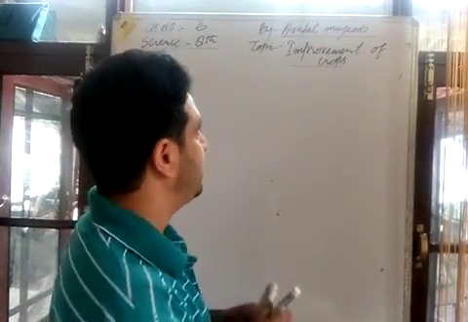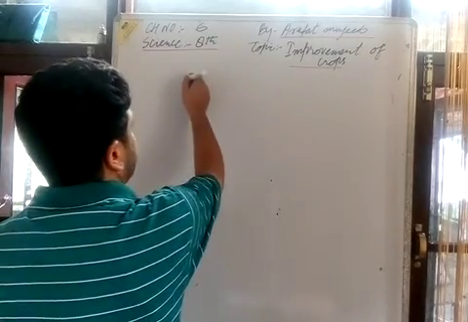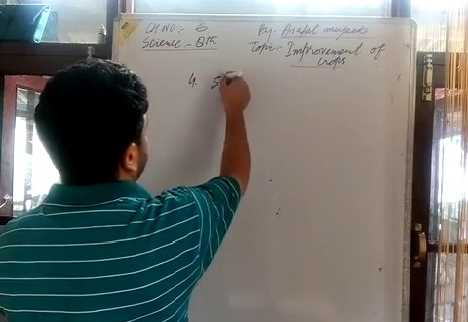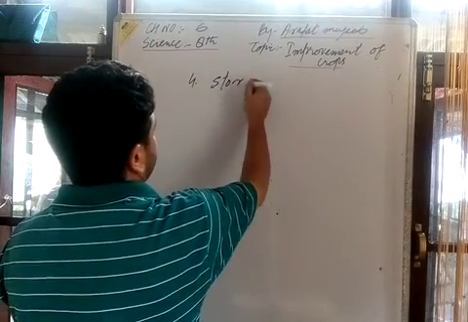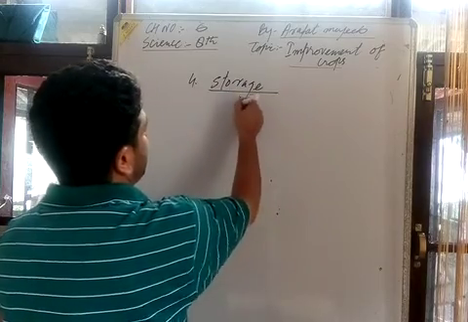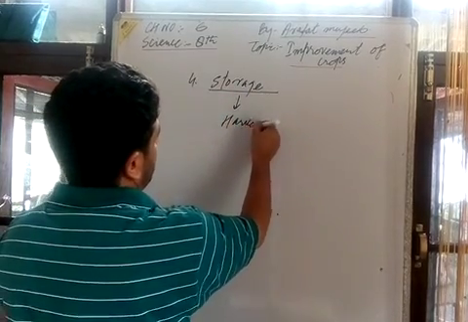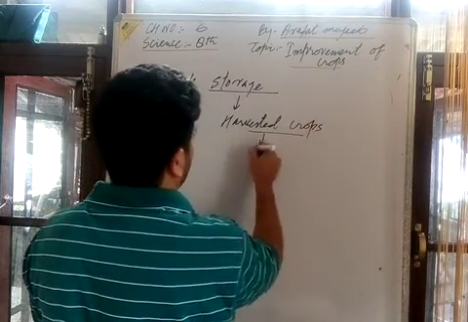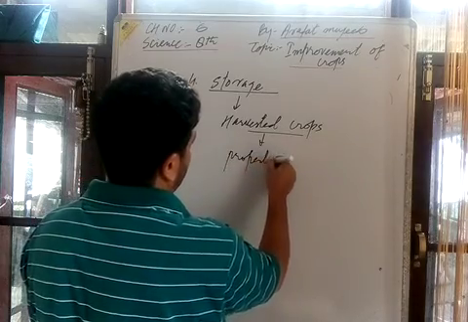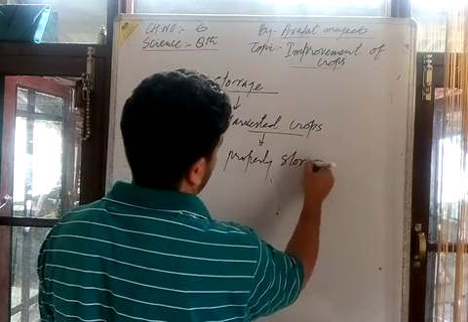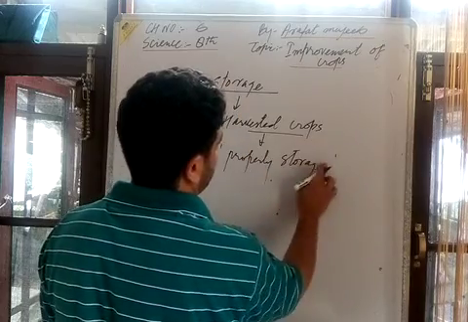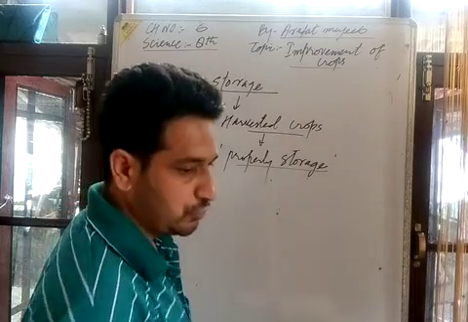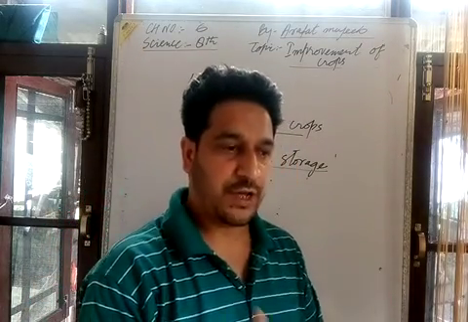Now the concept is, if you have a better yield, then the fourth is storage. क्या होता है, जो आपको हार्वेस्टेड क्रॉप मिला है, क्रॉप्स मिला है, अब इसको प्रॉपरली हमें क्या करना है, we should properly store it. There should be proper storage in godowns, and those godowns, those containers,